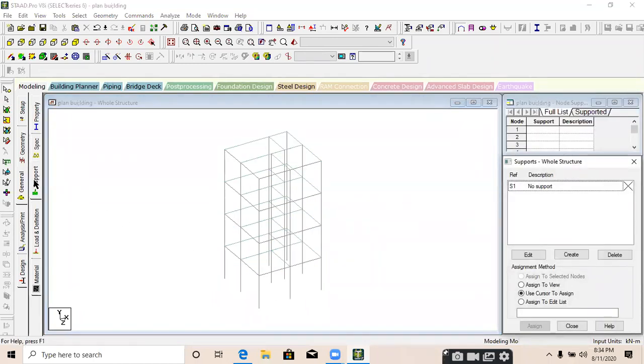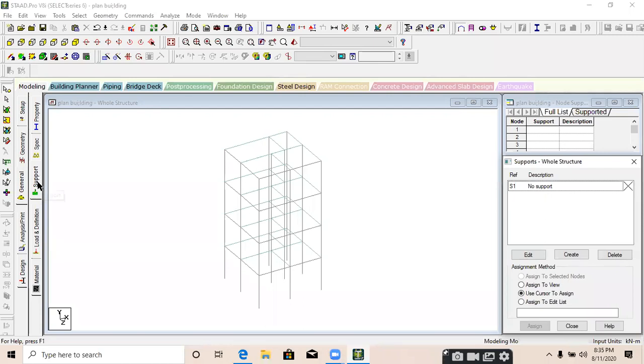All the steps are same for any structure like building, beam, column, frame, steel structure. First we need to create geometry, then we need to provide property, then we need to provide support, and then we need to provide load. Then we can analyze the structure. In the first lecture also, I just created a geometry of a simply supported beam. I just provided a property, I just provided a support, and then I provided a load, and then I analyzed it. You can see the results. All the steps are same.